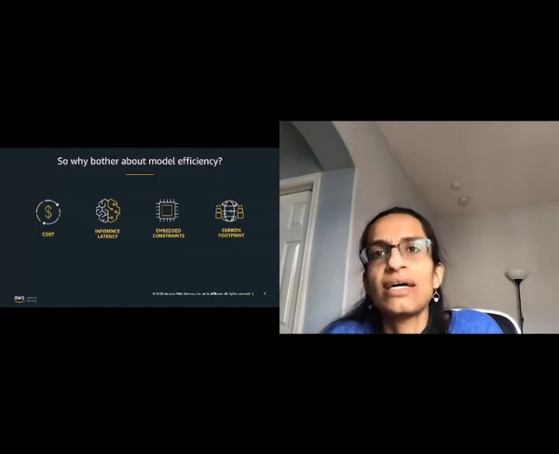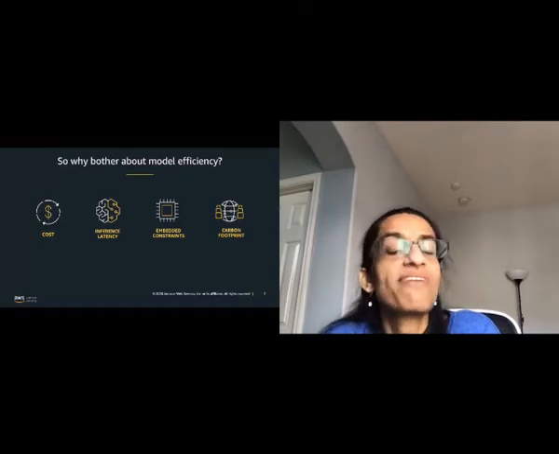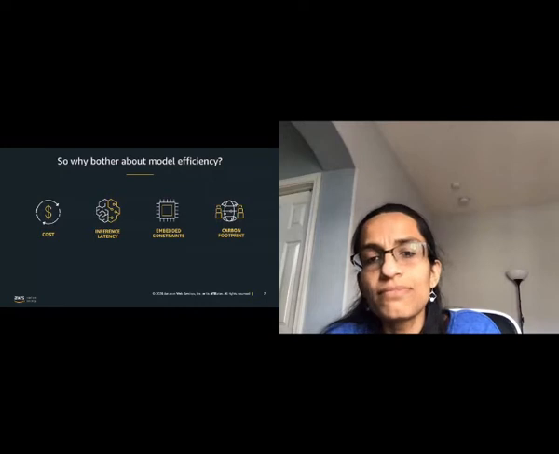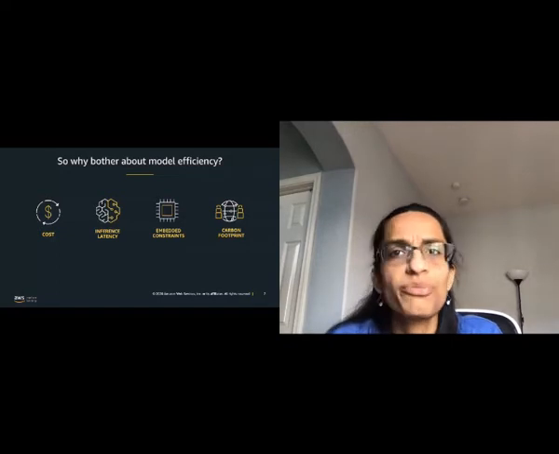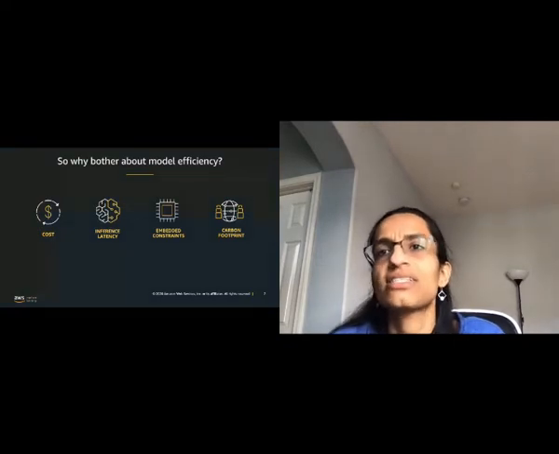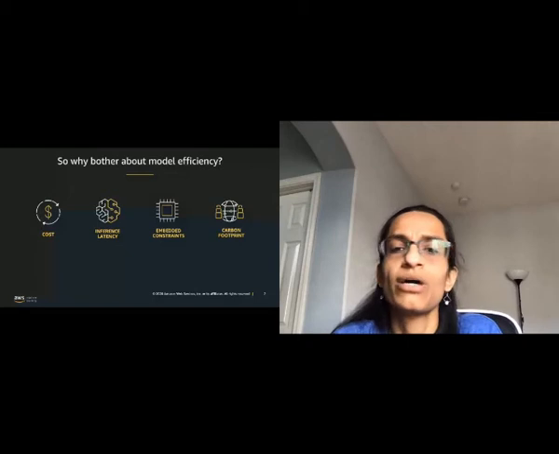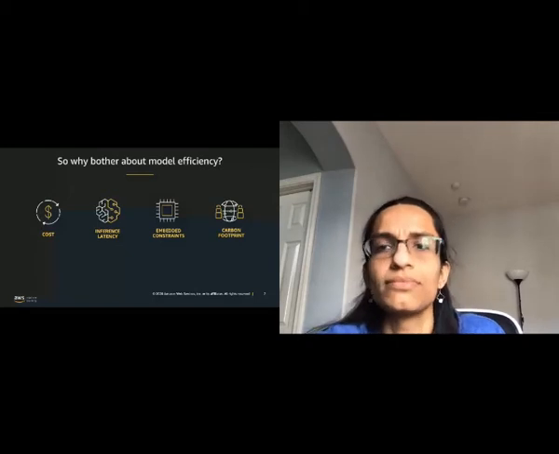A recent study published in the MIT Tech Review showed that just training a single AI model can emit as much carbon as 5 cars in their lifetime. So I guess the previous speaker also addressed some of these issues on reducing carbon footprint. And so it becomes very important in these scenarios to think about model efficiency.